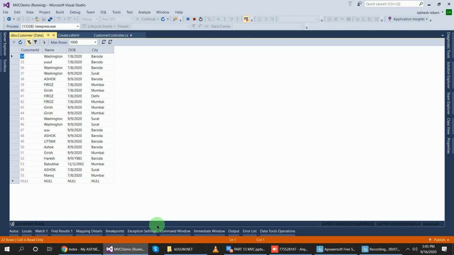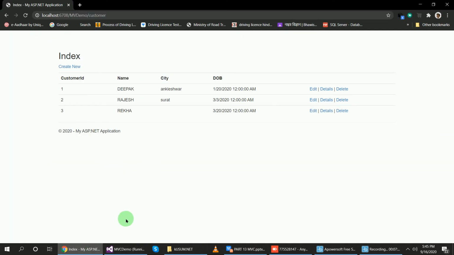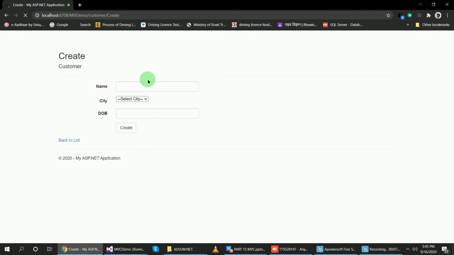Now, how do these parameters get the values from the form?